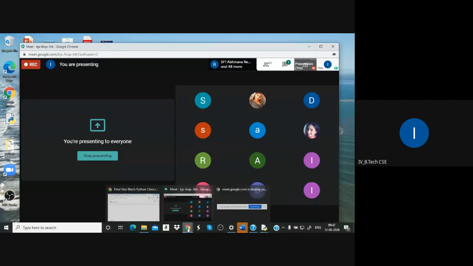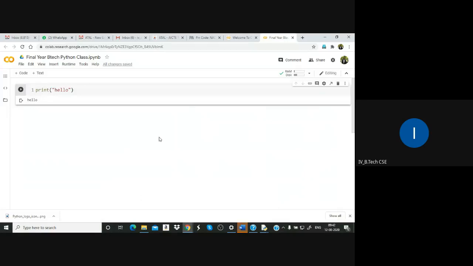So for Python programs, what is the best tool? Google Colab. How to access it? Just type colab.research.google.com, and go to this website. If you cannot remember this long website, just type Colab Google in the web browser or the Google search engine.